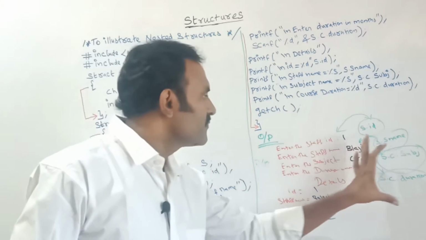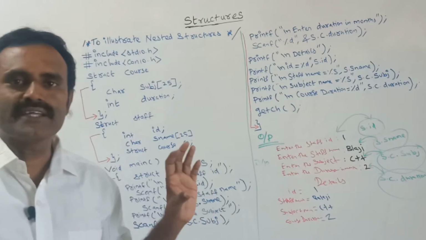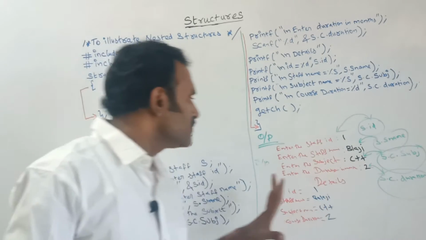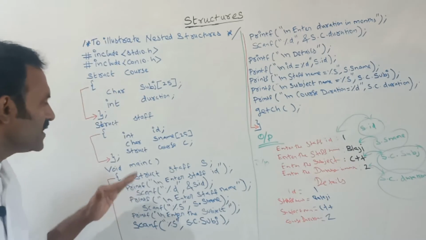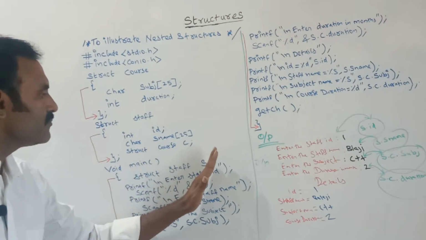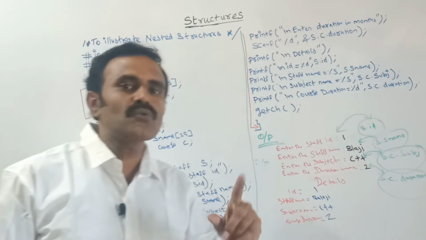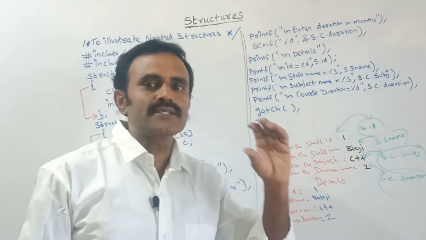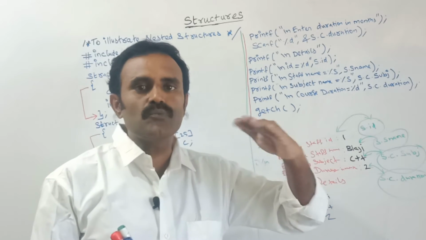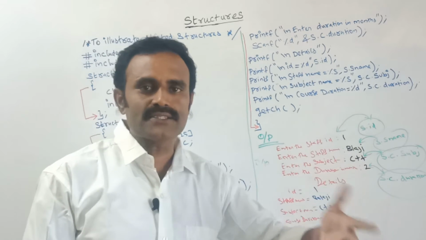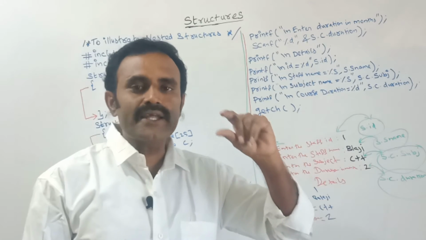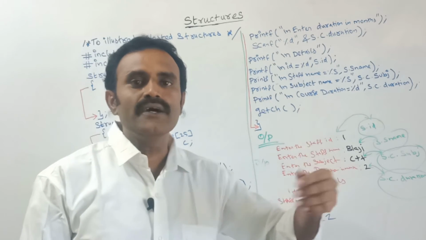This four-field group is known as the record. The collection of fields is a record. Normally, if you create a structure variable like this, we can store only one record. Suppose you want to store more than one staff's details; with the help of an array we can store more than one record.